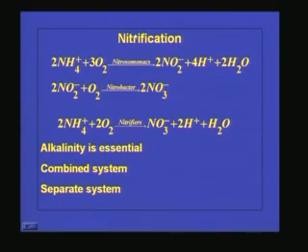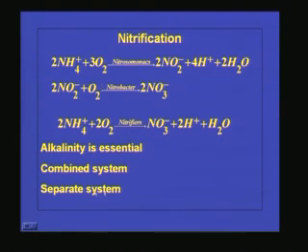Now we will discuss the important things that are essential for proper nitrification. One is alkalinity. The second is oxygen. For ammonia to nitrite, we need 3 molecules of oxygen, and for nitrite to nitrate we need 1 molecule of oxygen. So, enough oxygen supply is essential. But can oxygen be a limiting factor for nitrification in the conventional activated sludge process? Sometimes it can be and sometimes it cannot be,